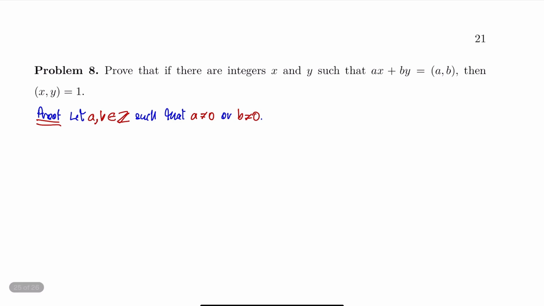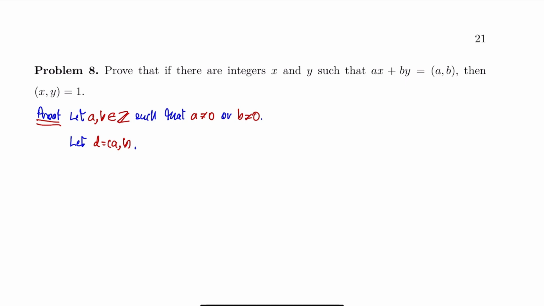And I want to let d be the greatest common divisor of a and b. Then what happened? According to the assumption, we have integers x and y such that ax plus by is the